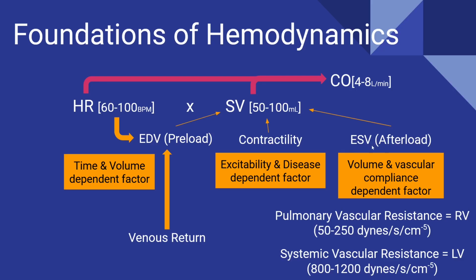That's end systolic volume. This was end diastolic volume, how much we have at the end of relaxation that's about to be squeezed out. Then we squeeze it out, and then this is how much we're pushing against. So this is all based on how volume overloaded your patient is, how tightly your vascular bed is squeezing,